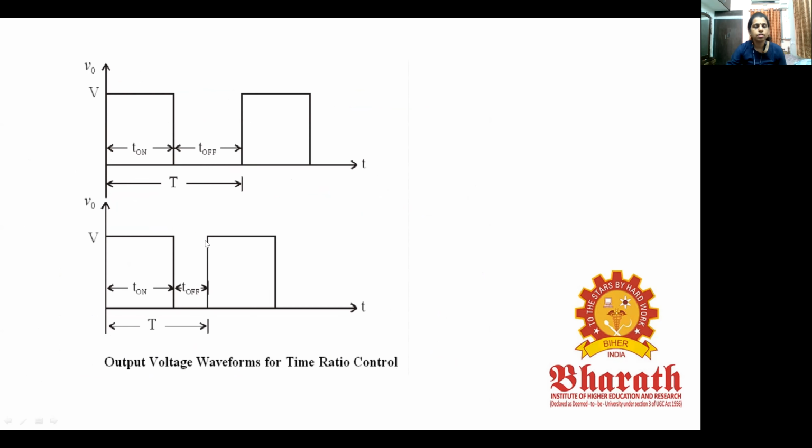Time ratio control is a different technique. What they do is they will fix the minimum current and the maximum current, and depending upon the value of minimum and maximum current, the switch will be turned on and off. That is, when the current reaches the maximum value, automatically the switch has to be turned off, and similarly when the current reaches the minimum value, the switch will be automatically turned on. So that is another type of control. So these are the control strategies of